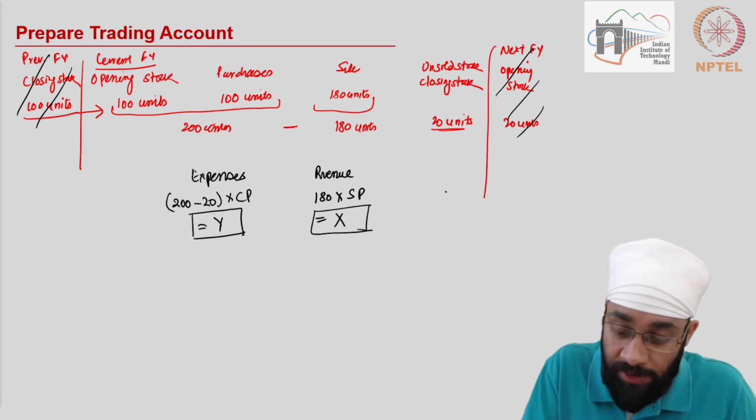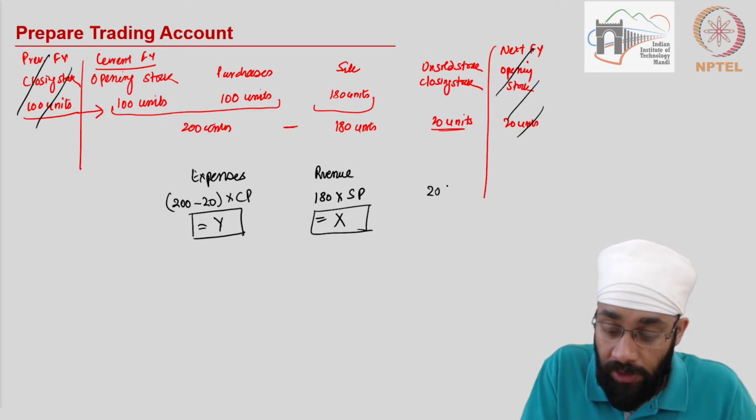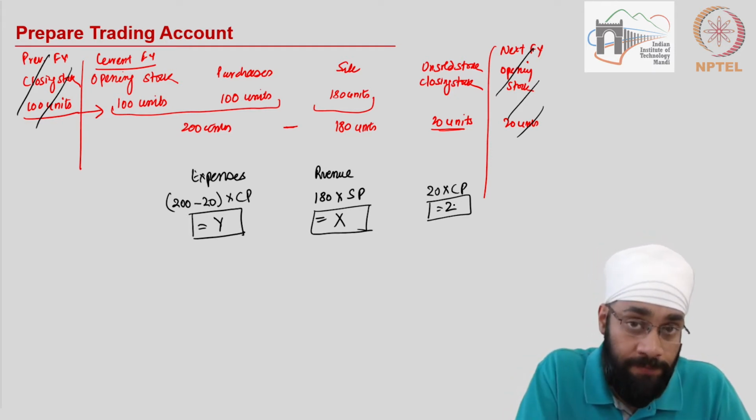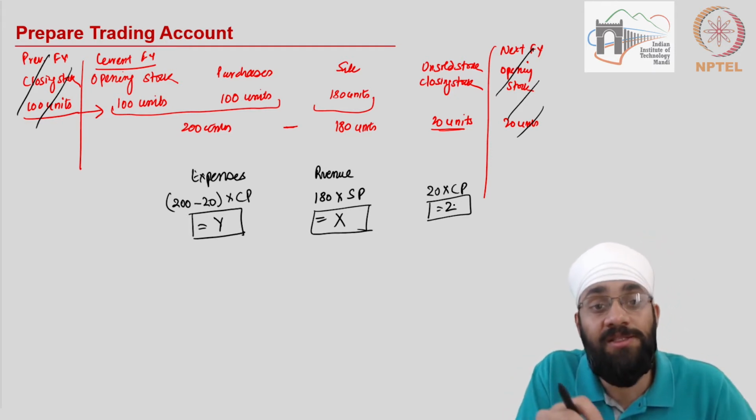The remaining 20 units will go down. So 20 units into the cost price. This is going to become your Z, which is the unsold stock during the year. Alright. Following the same principle,